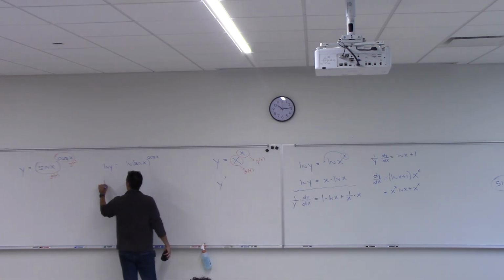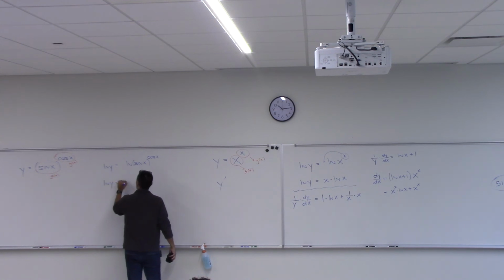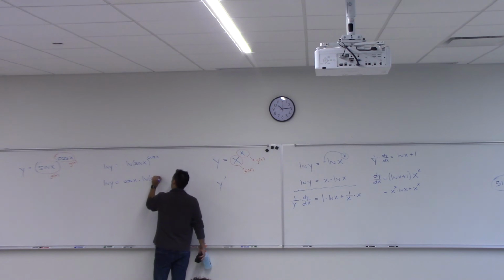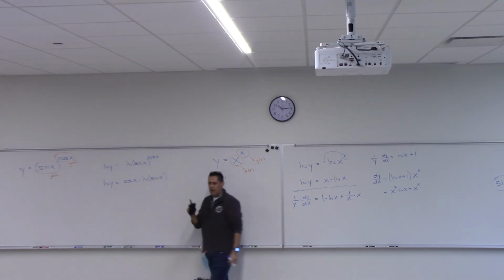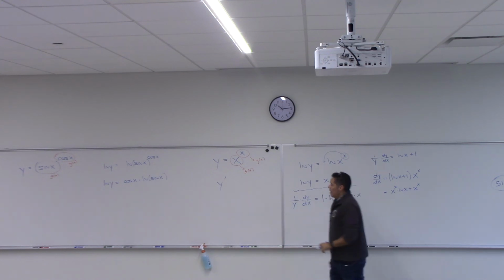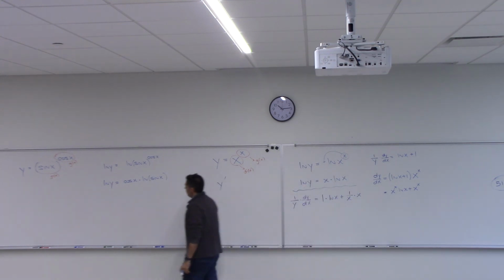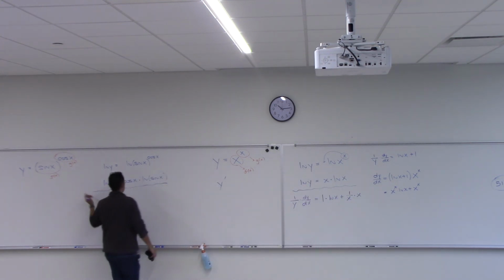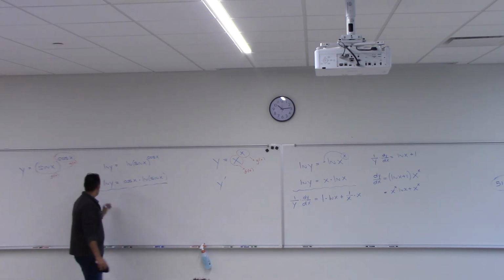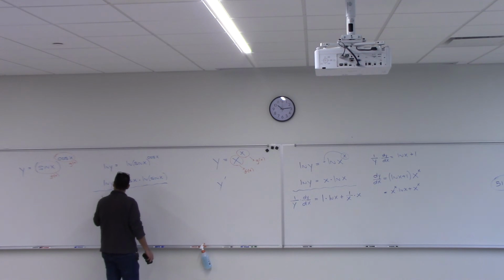Without that log, without the logarithm, you can't be popping things out front. You're not free to do that with anything. You have to have the logarithm there to drop that out. And then, once we're here, we can differentiate, because on the right it's just going to be another product rule. So we have 1 over y dy dx